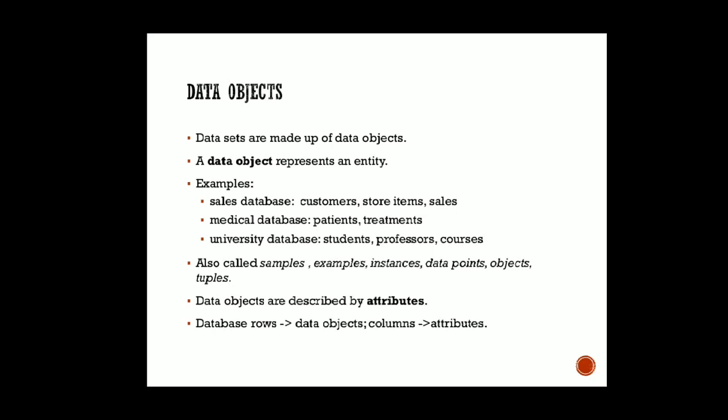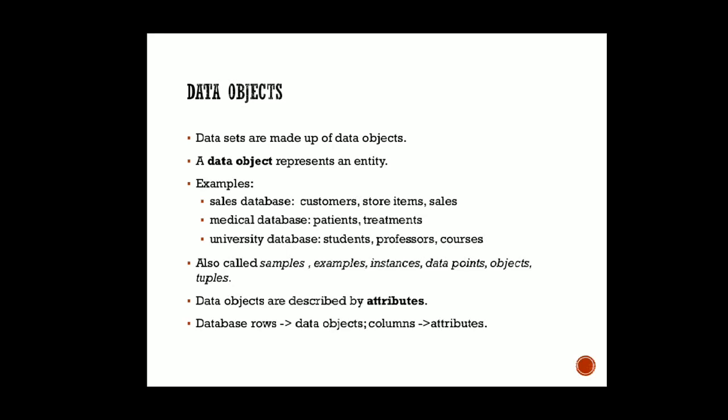If we focus on the sales database, it may consist of customer details, store, items, sales and so on. If we focus on a medical database, it will consist of details of patients, then treatments. Sometimes, okay, this is a medical database only, so we are just focusing on the patient part, not the medical expert part. Then a university database may consist of this or many more, right? Again, if we concentrate on the student database, it will have different features of the students. These are some examples, and these are the features required to represent a university database as well.